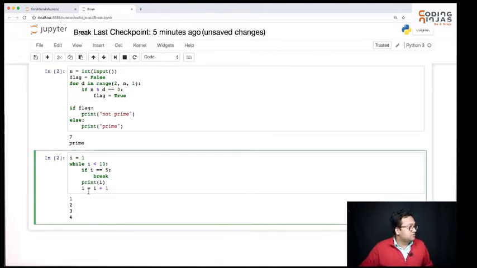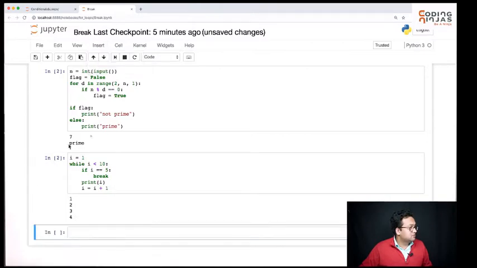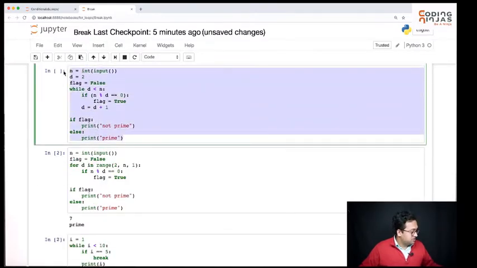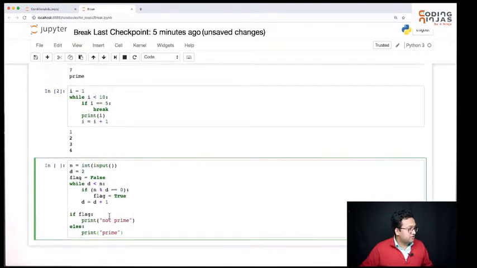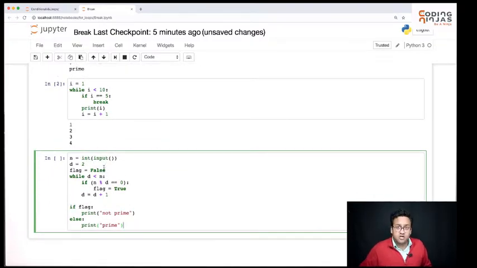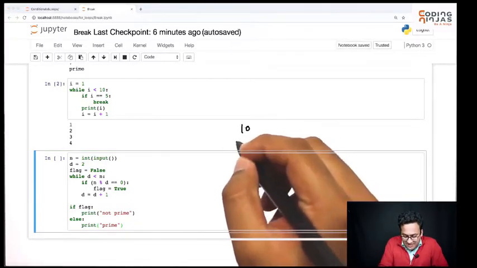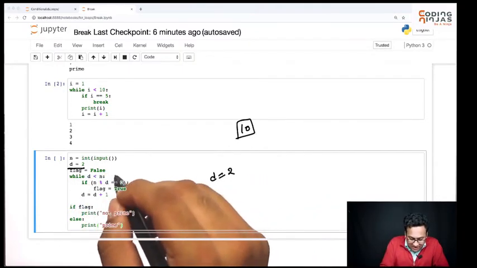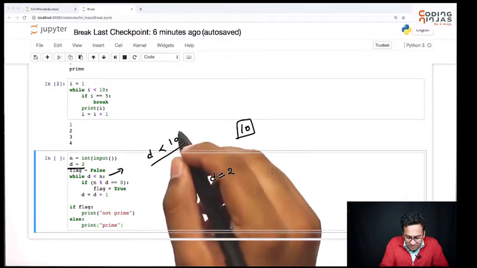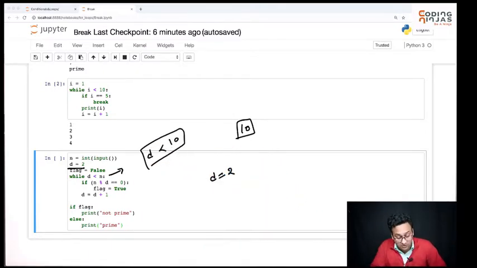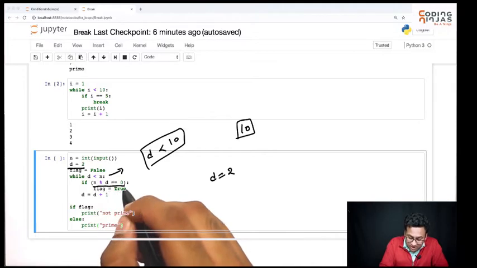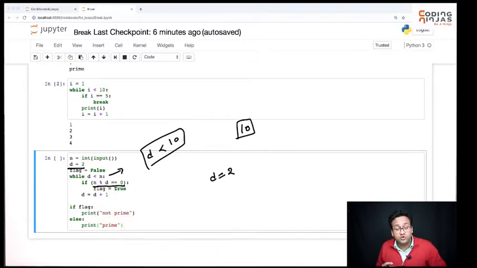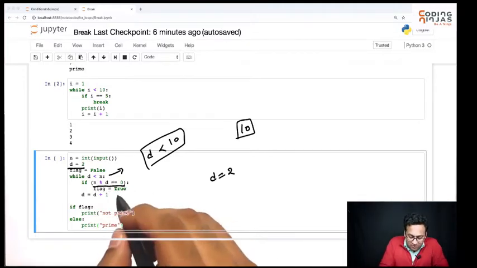Okay? So let's quickly change this code here, which is using a while loop for finding out if a number is prime or not. Okay, let me tell you the problem with this function. My problem with this function is, let's say I'm checking if 10 is prime or not. I start d as 2 and my while says while d less than 10 because n is 10. Now you come inside, the first number you check that actually divides n, 2 is dividing n. So you set the flag to be true.